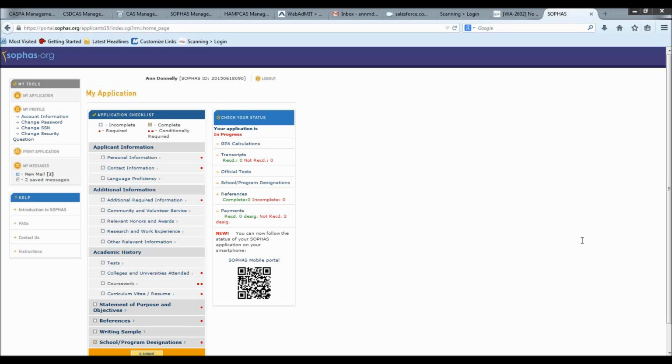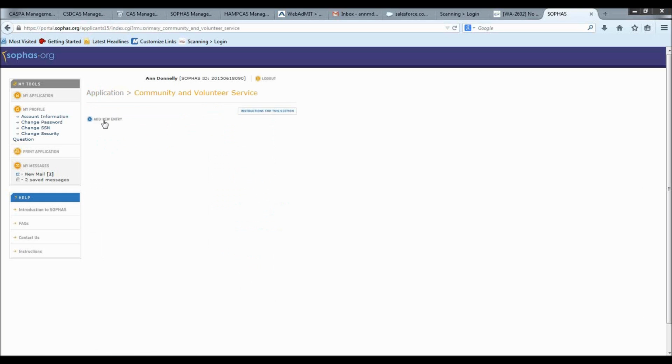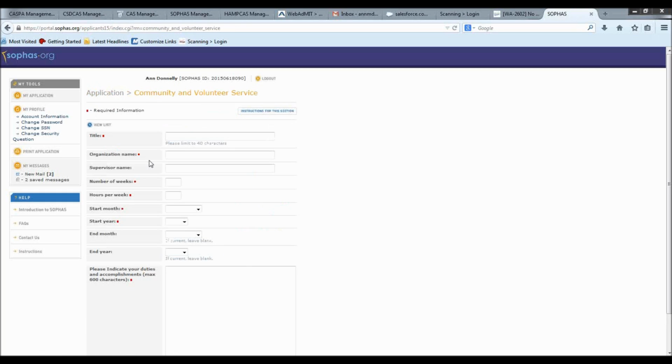Someone's saying, what is a sample of how the entry should look under the community service section? So you just go into community and volunteer service and just click on add new entry. These are the things that the schools are looking for. So you want to fill out the title or what community service it was that you did, who you did it with, the number of weeks that you were there, the hours per week that you worked,